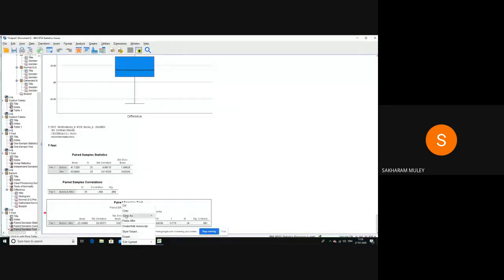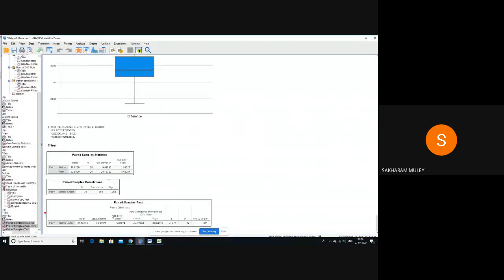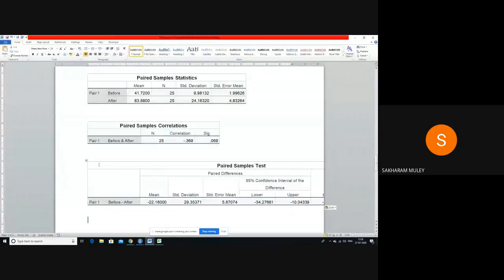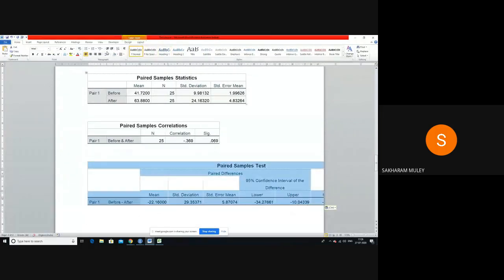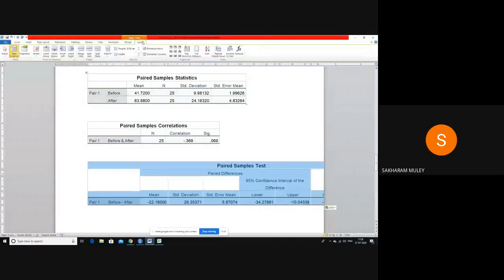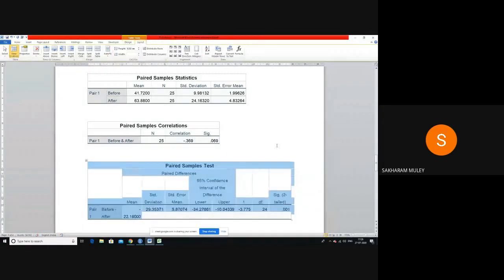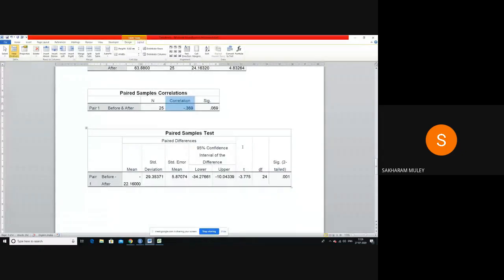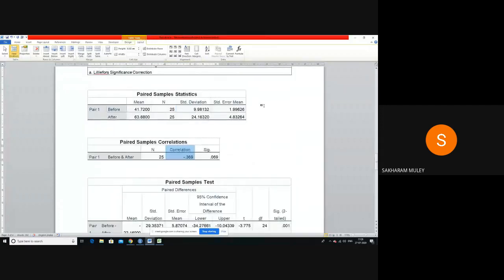In the paired sample, while generating the results, SPSS automatically generates the results of correlation also. It also gives me what has happened. So lower scores have improved. Okay, opposite correlation. So it indicates that lower scores have improved, but there are a few scores which are higher and their scores have decreased. That is the overall idea. We are not interested in the correlation value.